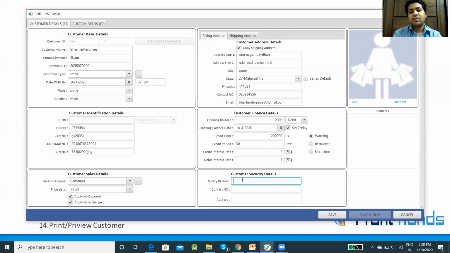Then you can put the security person details over here, and the contact number, and address.